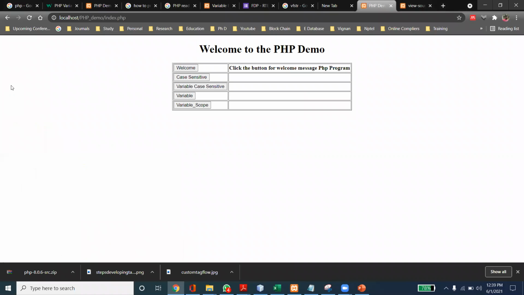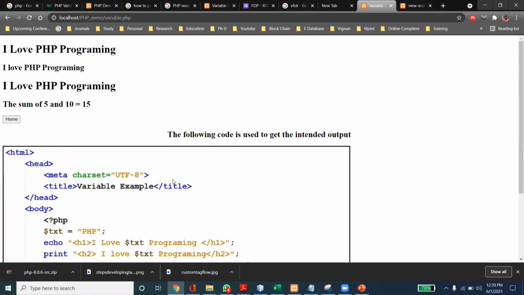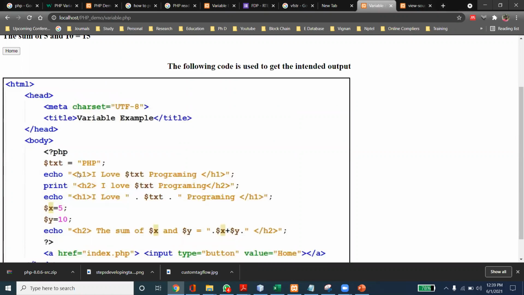Coming to the next topic, variables. A simple example about how to use variables. I am creating one variable, a string variable. Here in PHP, it is a loosely typed language. As you already know from Python, there is no need to explicitly specify the type of the variable.